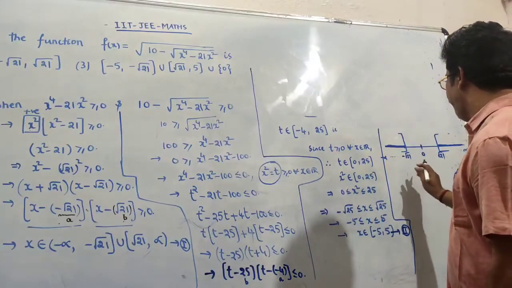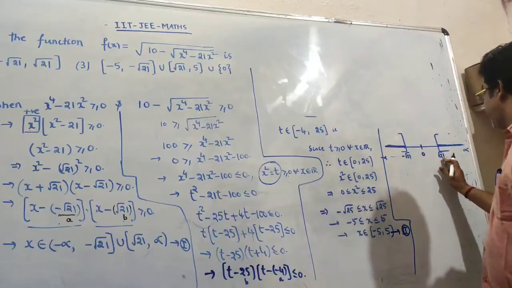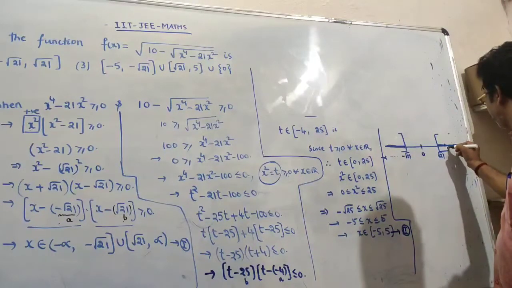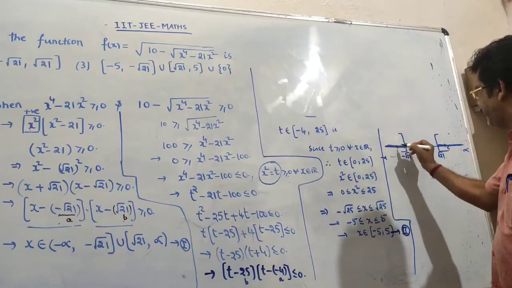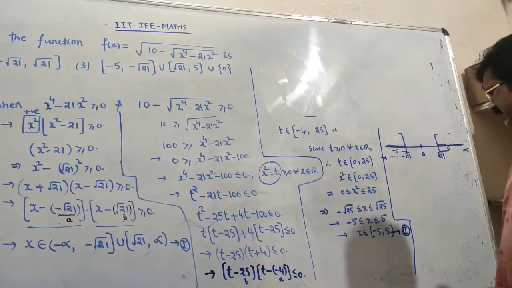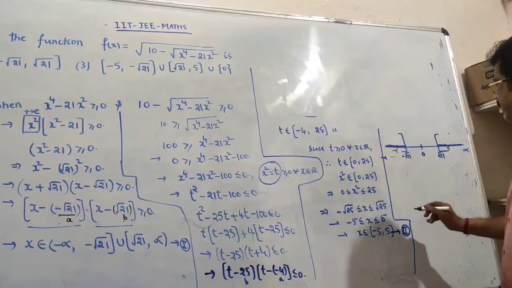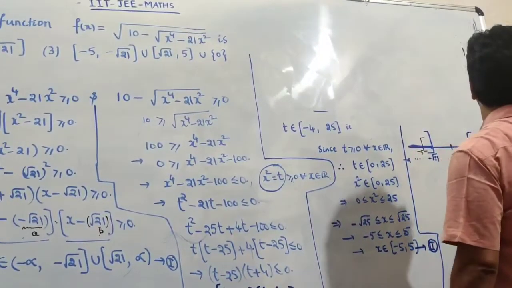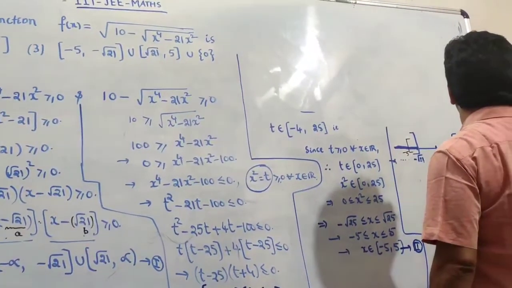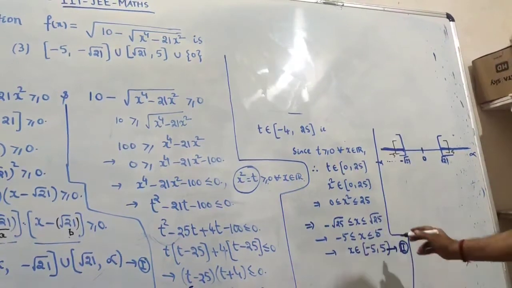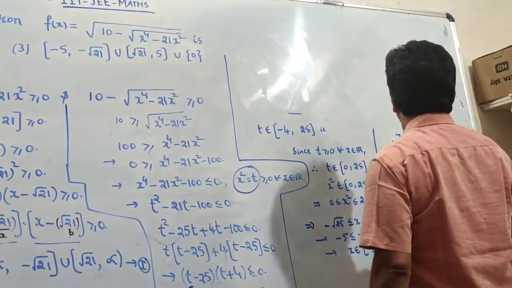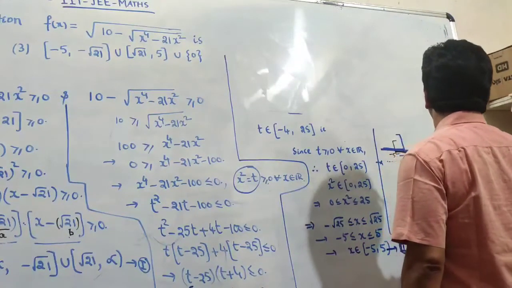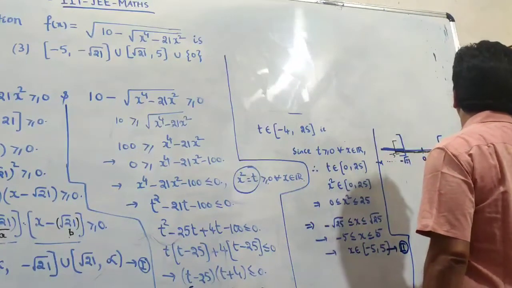Where are the minus 5 and plus 5? It lies between 4 and 5. Therefore 5 may be here. This is 5, let it be, and this is minus 5. Next, closed interval of minus 5 comma plus 5 means we are taking the closed interval like that, minus 5 to plus 5. Shade like that by taking